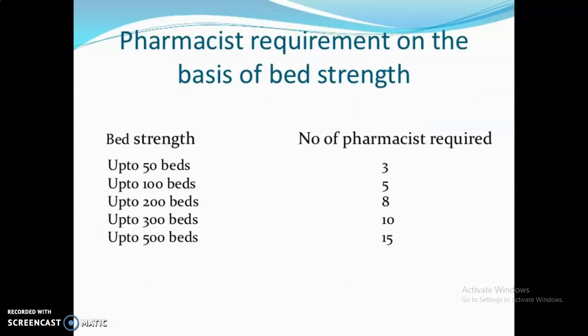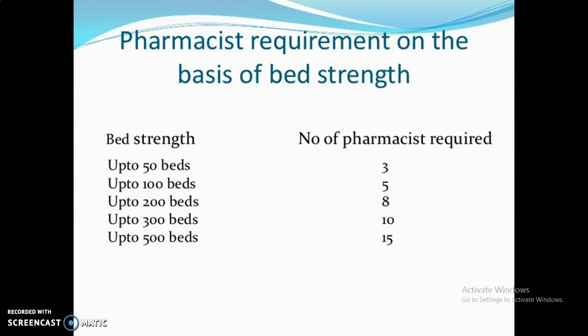While calculating the number in very large hospitals, 1000 bed, 2000 bed, 3000 bed, the service points available for dispensing to the inpatients and outpatients are considered. The outpatient attendance as compared to bed strength in hospital is usually in the ratio of 3:1. For larger hospitals, one pharmacist has been recommended for 133 patients.